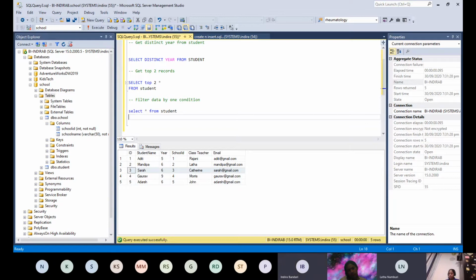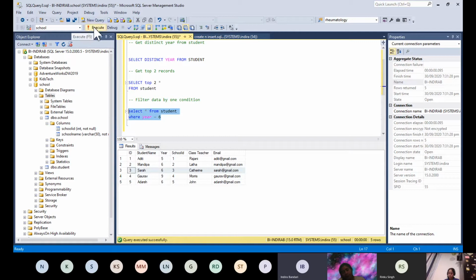Select star from student. What is the clause that we are going to use for filtering? Where year equals 6. Yes. So one condition is where year equals 6.